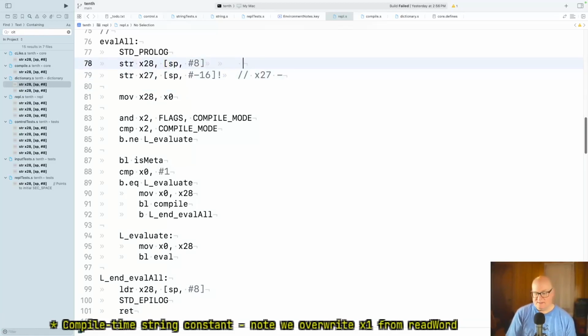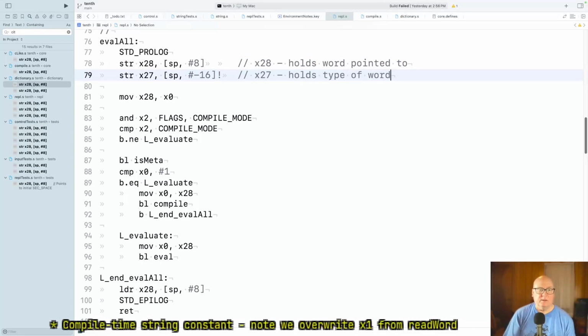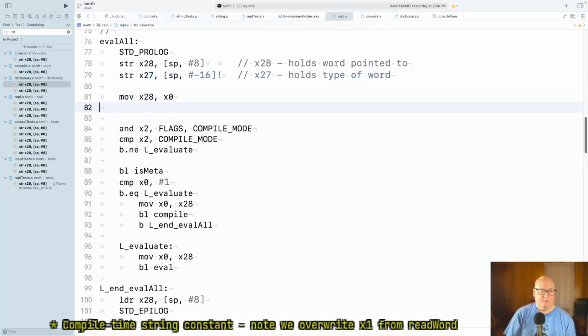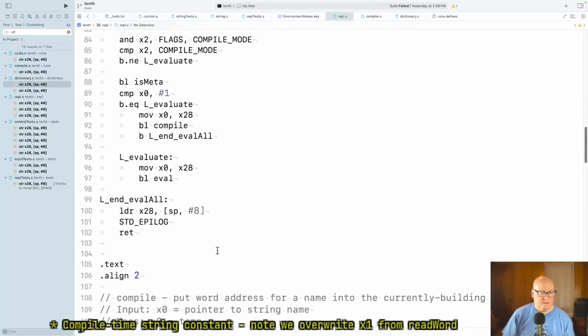All right, X28 holds word pointed to. X27 holds type of word. All right, and then we have to do something with it. Gets X1. All right, and then down here,